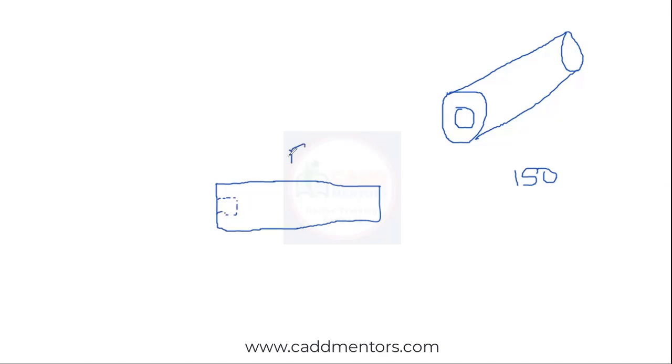As per the first angle of projection, what view do we need to get here? Anyone? Right side view. Yes, right side view. So if you take this one, this is your right side view. Then you'll get just a circle here. And at the right side, you'll get a left view. So you'll get a hole like this. This is the difference.